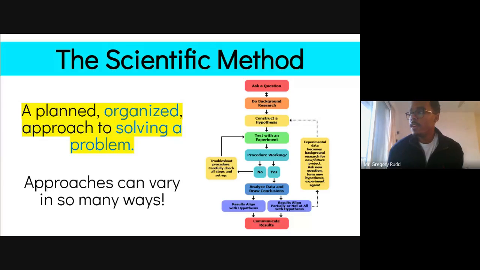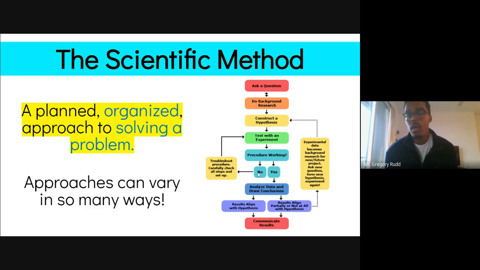So obviously, the first step is to ask a question or to come up with some type of problem. You have to identify what the problem is. You do research. Now, something I didn't talk about yesterday is that we've got some feedback taking place here. We've got some arrows that actually lead backwards in the process. And that's not to say that you undo the work that you've done,